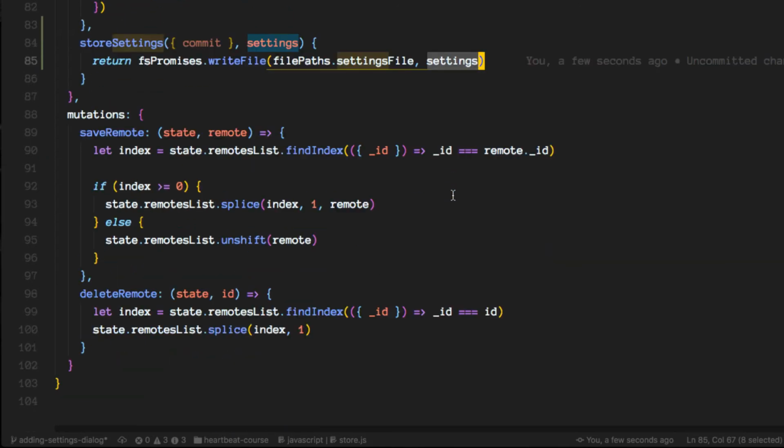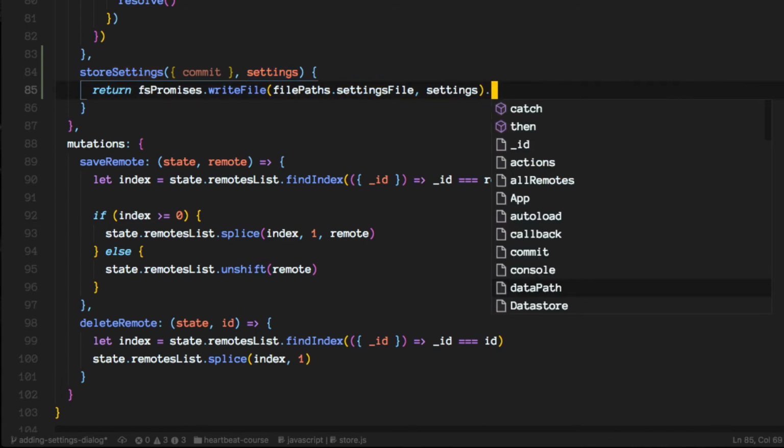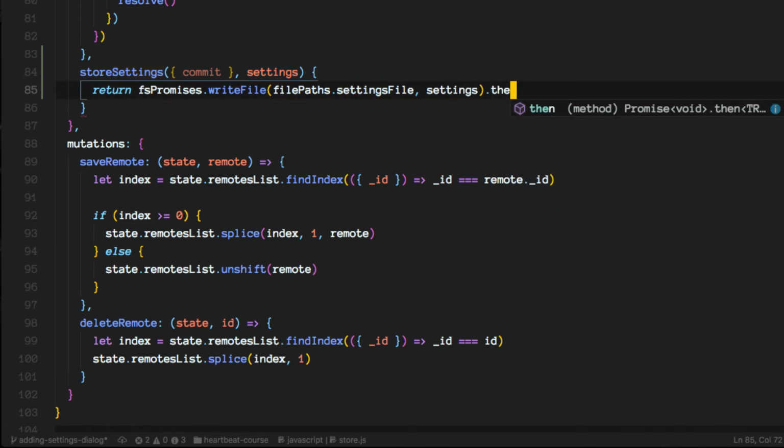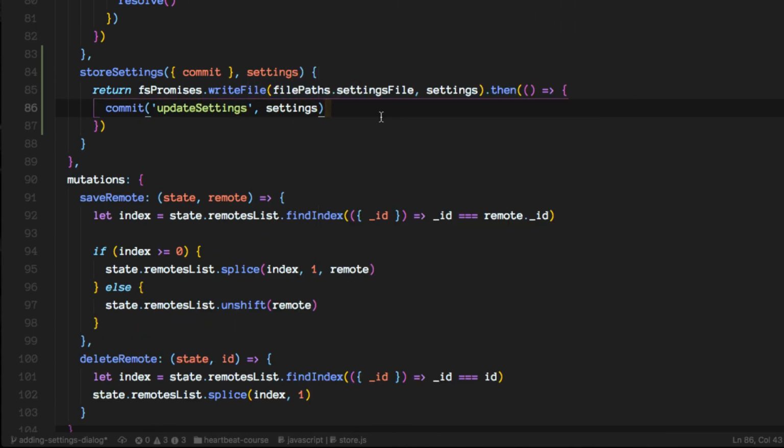Alright, and what we want to do now is we want to hook into the promise, because whenever it is successful, then we want to commit the mutation that will update the state. In case anything went wrong,